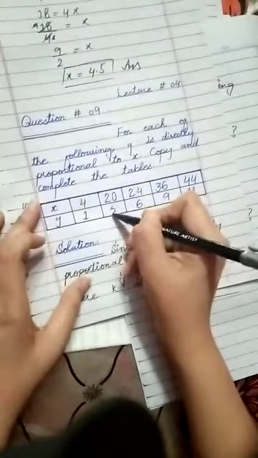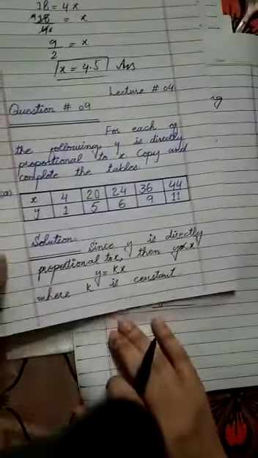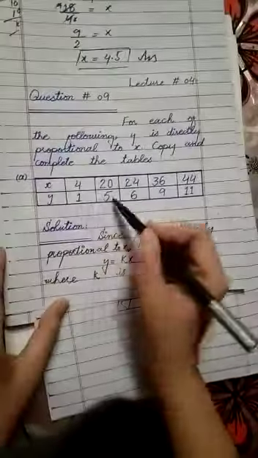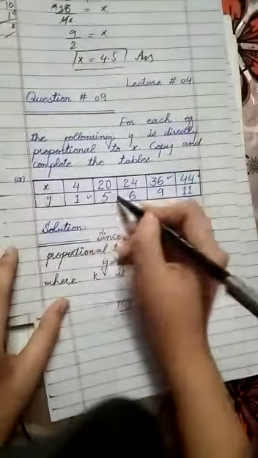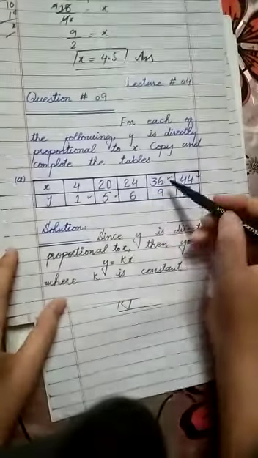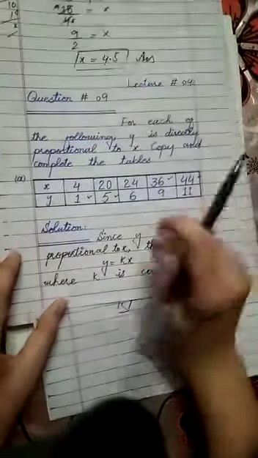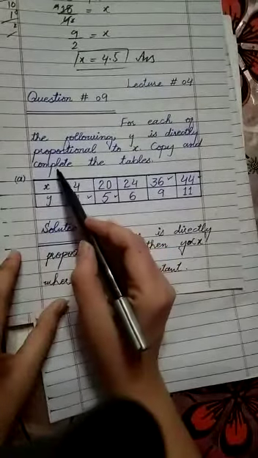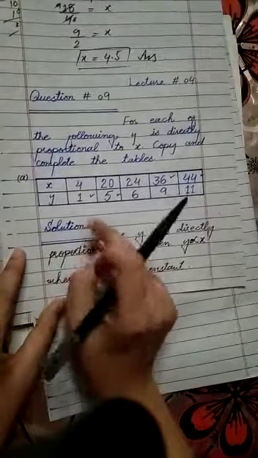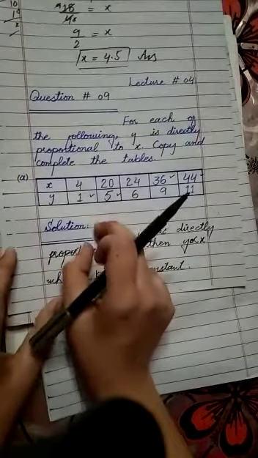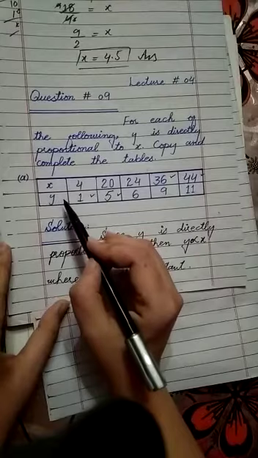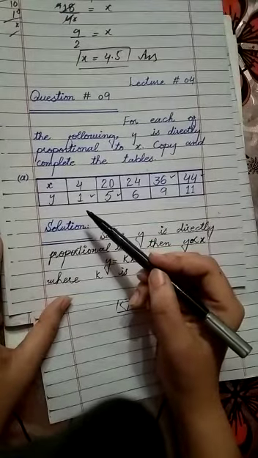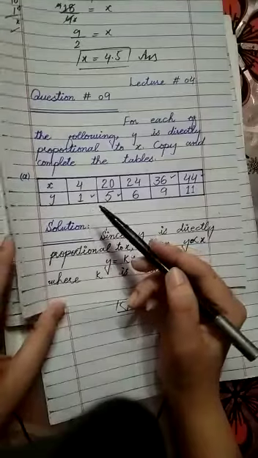So here is 5. Okay students, you have solved question number 9, because these were missed values. So missed values you have found by using the values of x and by using the values of y. We have filled this table as they have given. It's complete the table. These are two parts of the same method. A part I have done for you, so B part you will do by yourself on your register and I will check. Okay, come to the next question.